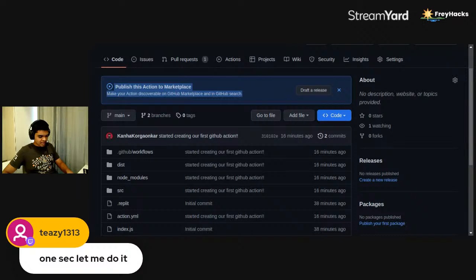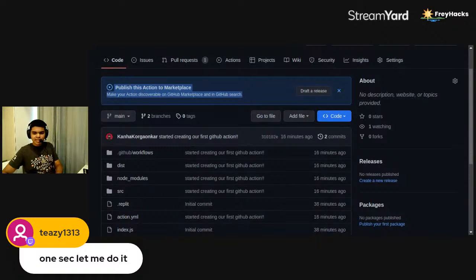First is git add dot, and what this does is it adds all of your changes to Git, and now you have to commit those changes to the Git repository with a commit message. So you can put this command,